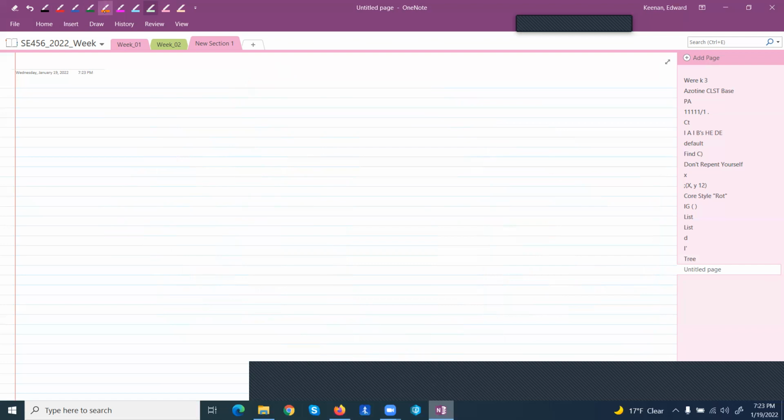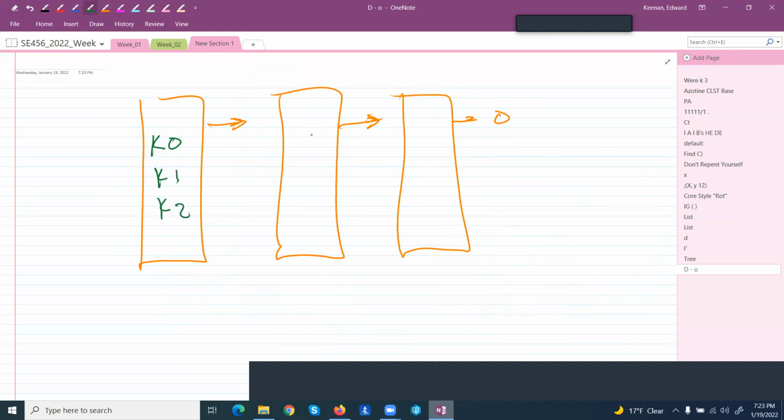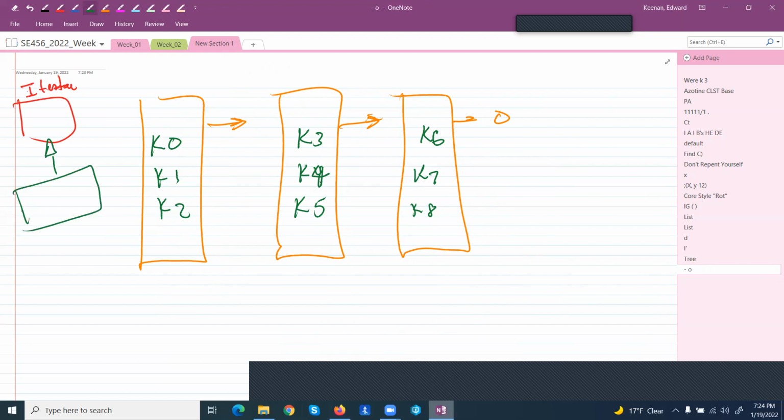So let's say you had this. Let's say you had a linked list. And the data was the keys, right? So you have key 0, K1, key 2, key 3, key 4, key 5, key 6, key 7, key 8, right? But if you're going to sit there and talk to the iterator on this, so you have some iterator, right? And this is some custom data structure,